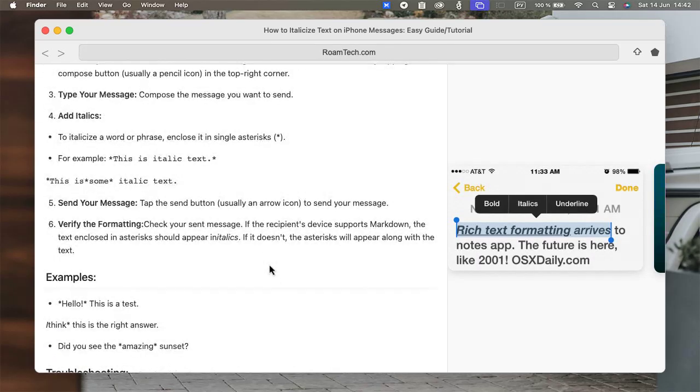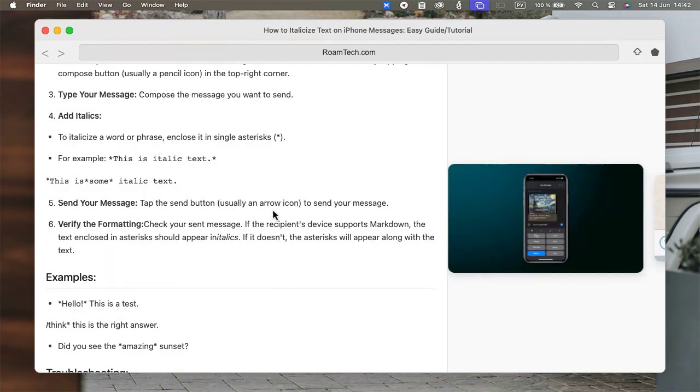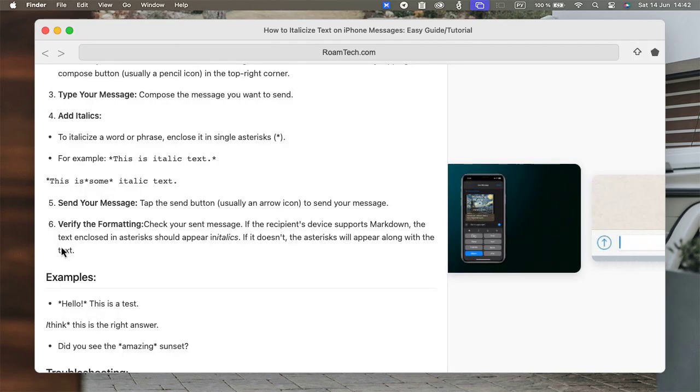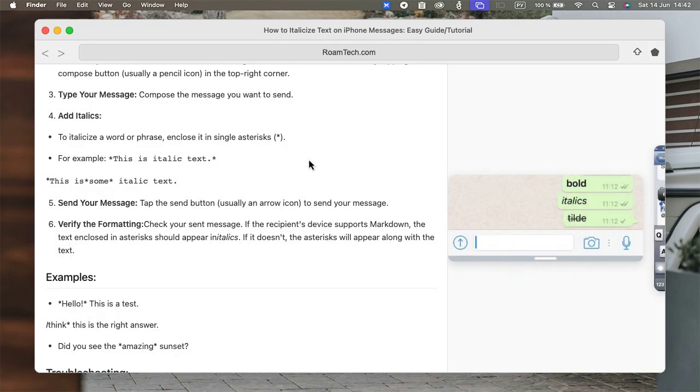Today we will be discussing how to make text italic in messages on your iPhone. Yes, you heard that right. While it's not as straightforward as just hitting a button, there's a simple way to format your texts on iOS to get that sleek, slanted look. In this short and easy guide, I'll show you exactly how to italicize your text messages, adding a little flair and emphasis to your conversations. Whether you want to highlight a specific word or just add some personality to your texts, this trick will definitely